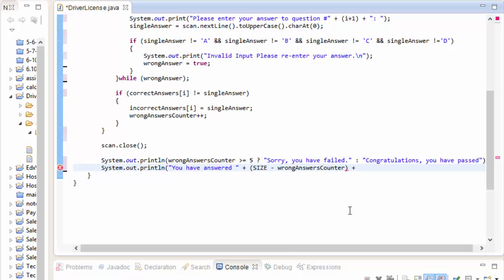So you have answered this many questions correctly, and how many questions were answered incorrectly? Well, those are stored in the wrong answer counter. So this many questions incorrectly. So this is our output in one sentence. I think I misspelled that. So that's for the how many questions. So we failed or passed, how many questions correctly, how many questions incorrectly, and now the question numbers